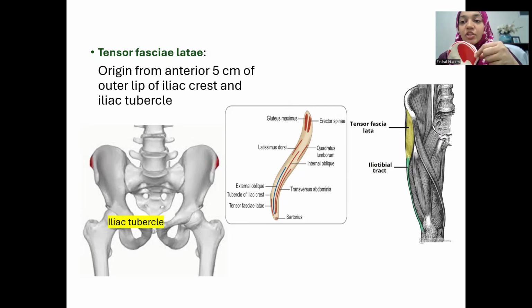If you remember, the tensor fascia lata was a special kind of muscle that was taking fibers from the gluteus maximus. Both these fibers were converging and forming an iliotibial tract, which was going and inserting into the lateral epicondyle of the femur, and it was also giving you a special kind of condition called runner's knee. So, in very athletic people who run a lot, they get an iliotibial syndrome in which this iliotibial tract becomes very inflamed.